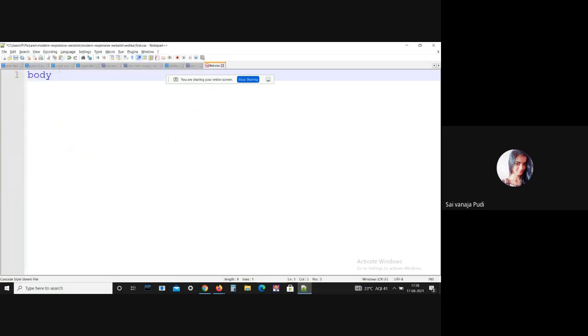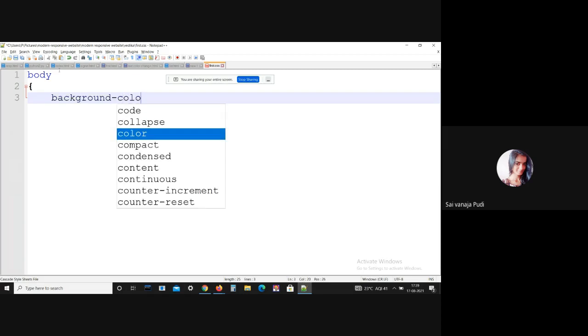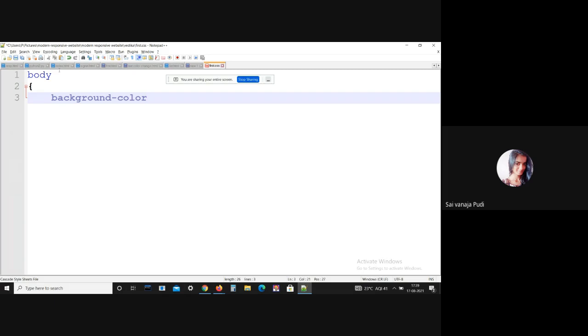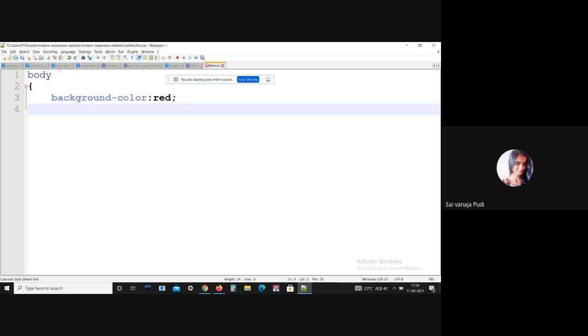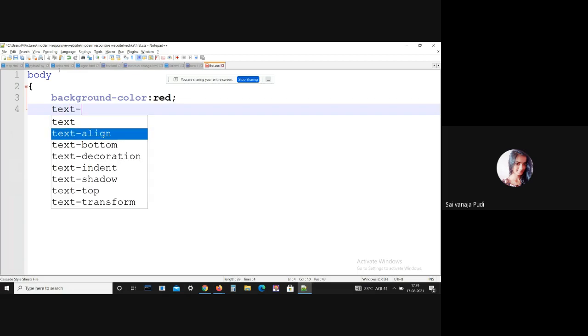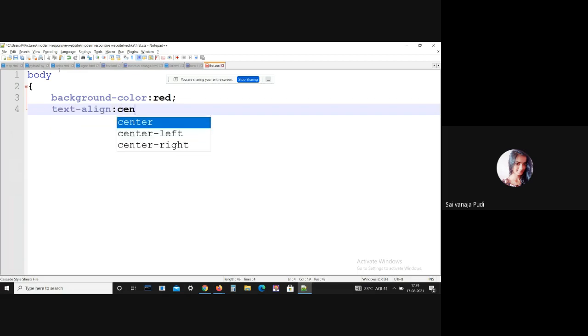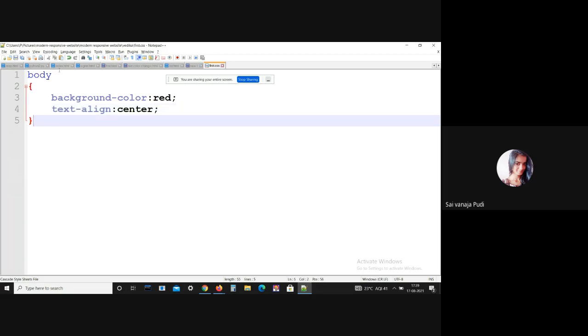Here I just want to add some properties to the body. That is, I want to change the background color to red, and text-align to center. Okay, now close.